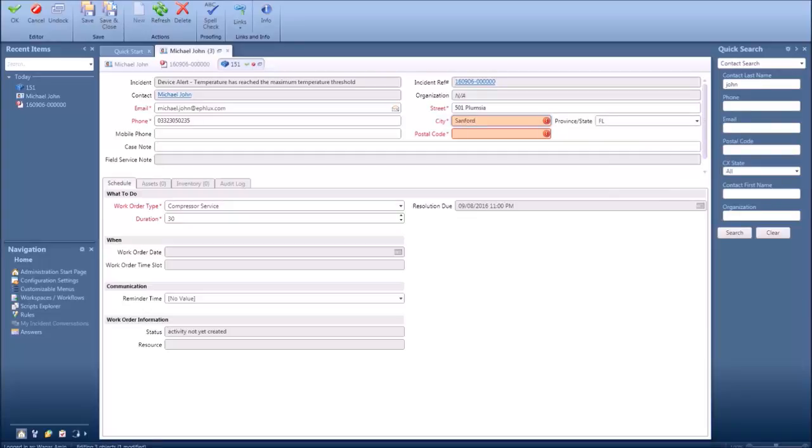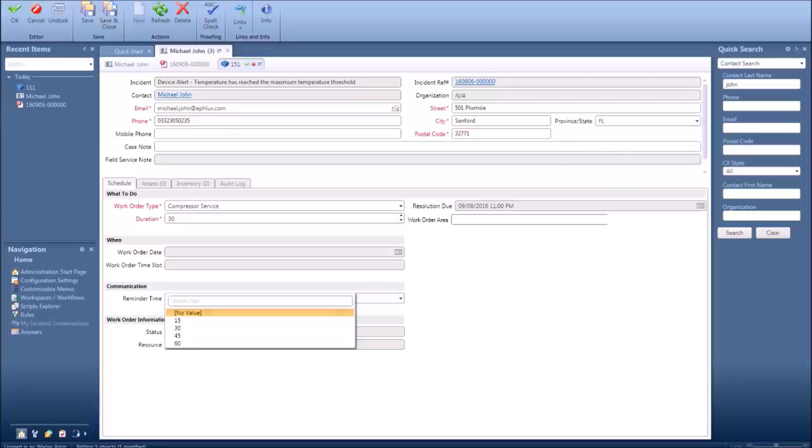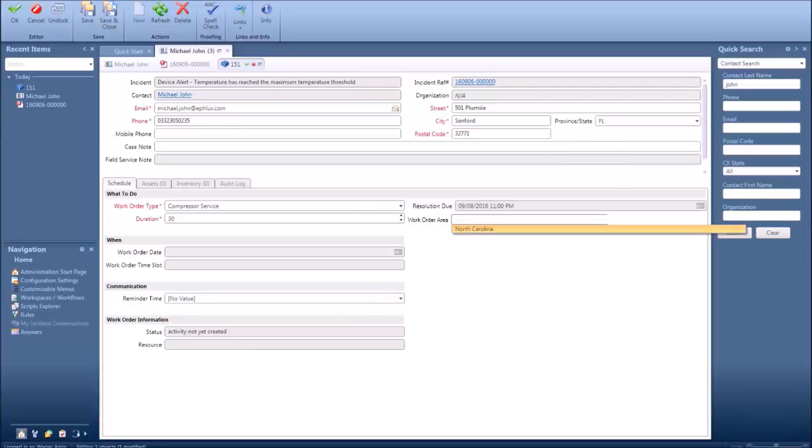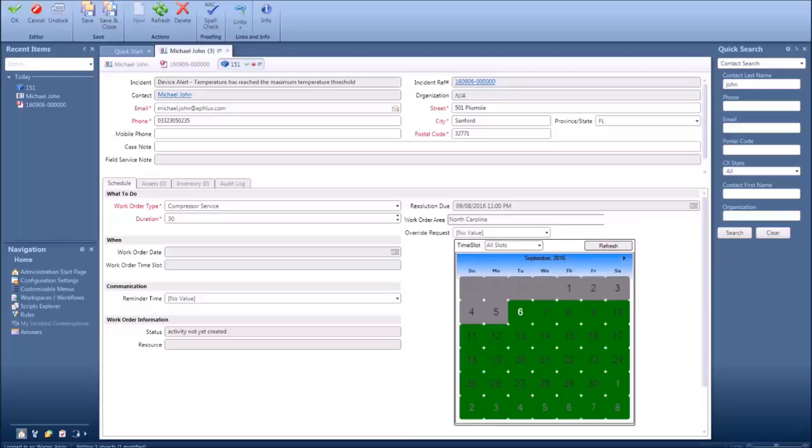Now the very important feature that we need to come to is the postal code. Now upon entering a particular postal code, we are able to get this additional field of work order area that is shown now. Now the work order area will actually be having a calendar embedded into it that you can see now, exactly that one. Now the green boxes are actually highlighting the available slots we have for appointing the field service officers.